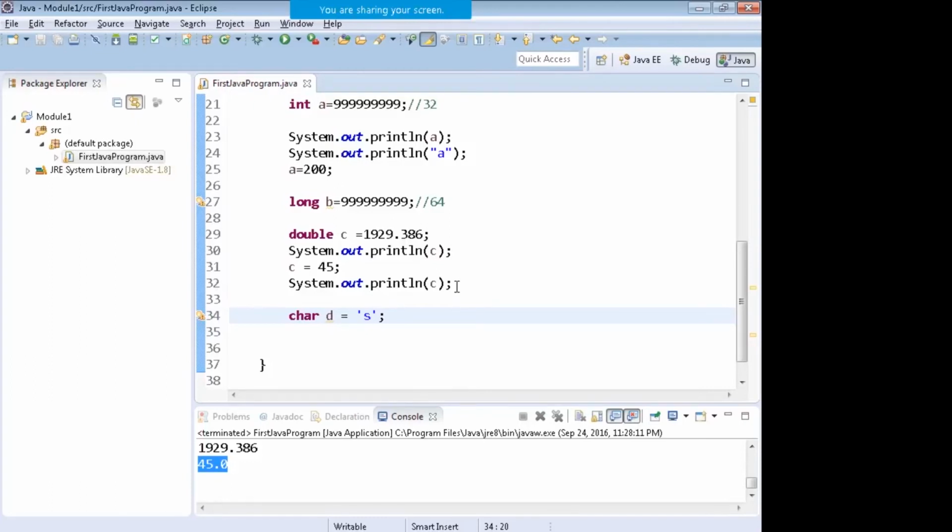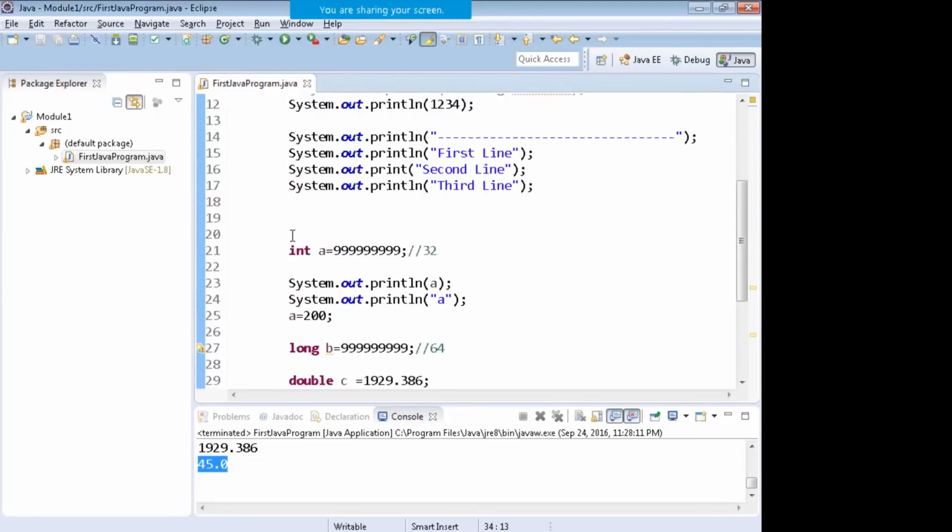Okay, so these are the four data types which you will be using a lot. There is another data type known as byte. I can write byte b1 equals to some number. Byte has a range which is smaller than an integer. It is very restricted, smaller than an integer. You cannot just grow it, like even 999 you cannot store inside it. So there are a few data types over here.